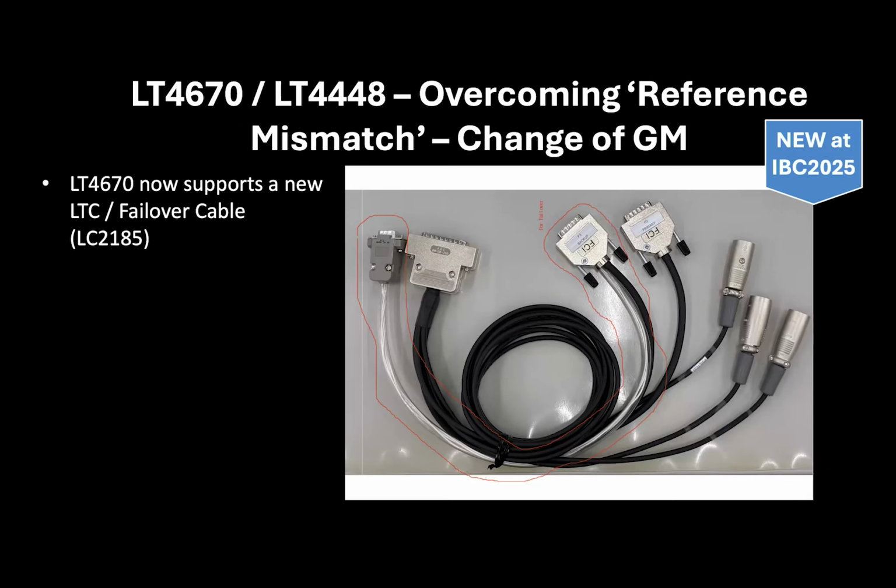To help overcome this, Leader has introduced a new LC-2185 cable, which connects to both LT4670s and the emergency changeover unit LT4448. So all three devices are aware of their condition in relation to both PTP and traditional SDI references.